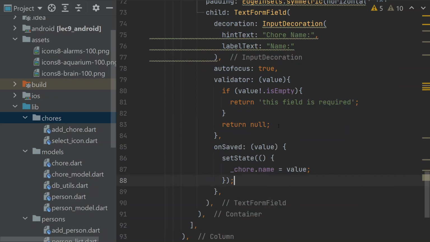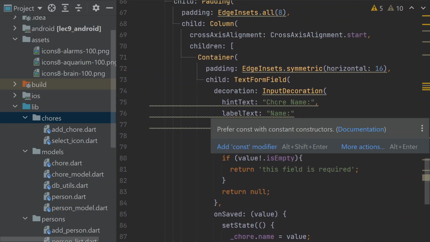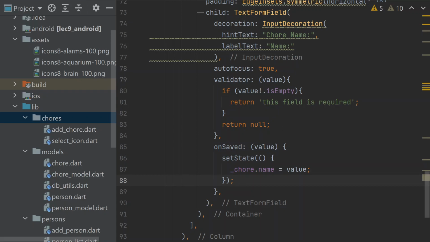Just so you can catch up, where we are right now is we're in the middle of our form. In our form, we've put some nice pretty stuff, basically to set up the name of the chore that we're going to type out. Then